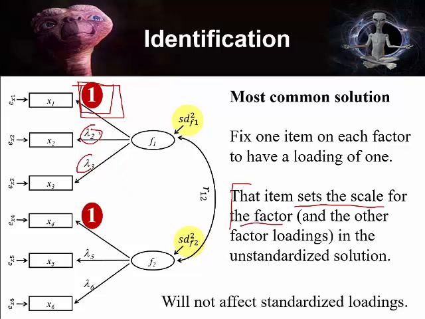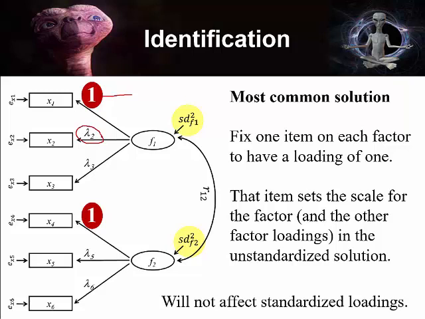The units, if we talk about how these beta weights are going to say, what's the expected increase in x2 given a 1 unit increase in my factor? What does it mean to say there's a 1 unit increase in my factor? Well, that's based on this loading right here. The units of my factor are determined by how well x1 loads in my factor, and that's going to make a difference. So essentially, all my loadings, when I do this, I'm going to have loadings if x1 is 1,